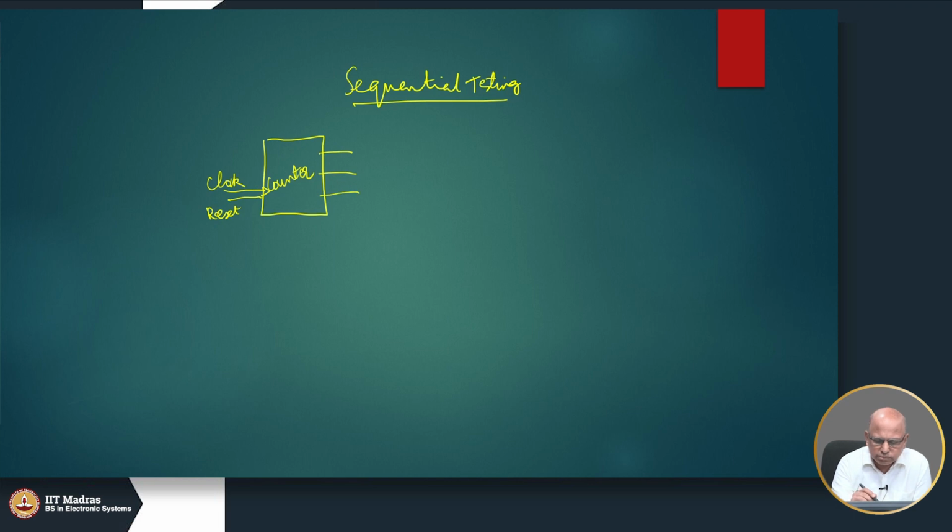This is a count. When you reset, the counter goes to the all 0 state, and if you keep incrementing by clocking, it goes through all the 8 states, starting from 0 0 0 to 0 0 1 and all the way up to 1 1 1. Then it goes back to state 0 0 0. So, we implemented this using an incrementer,